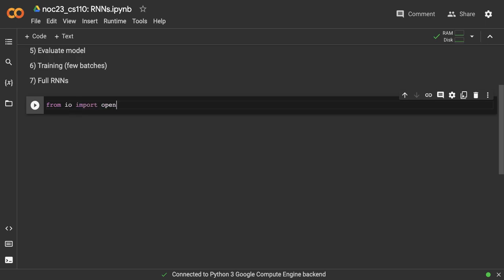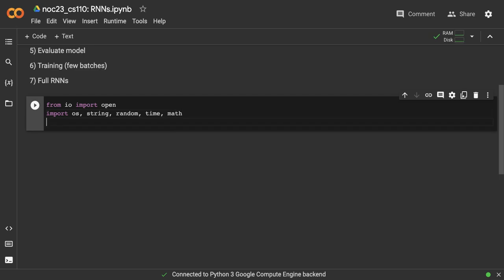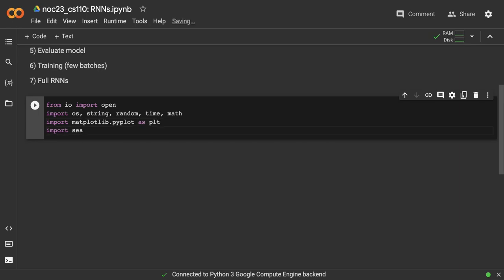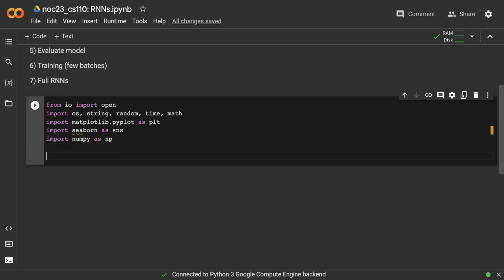I'm putting some basic Python libraries because we are going to deal with text data. So just adding a few basic libraries with respect to it. Matplotlib for plotting, plus import seaborn as sns, import numpy as np, then from sklearn